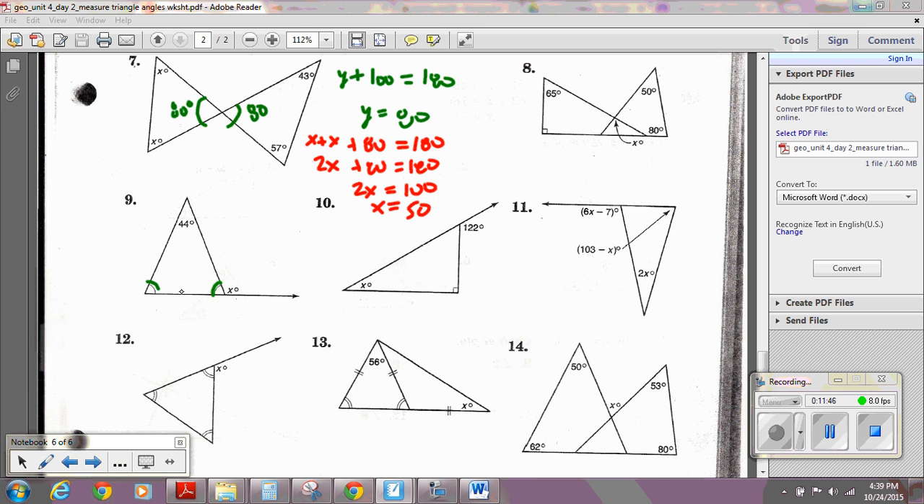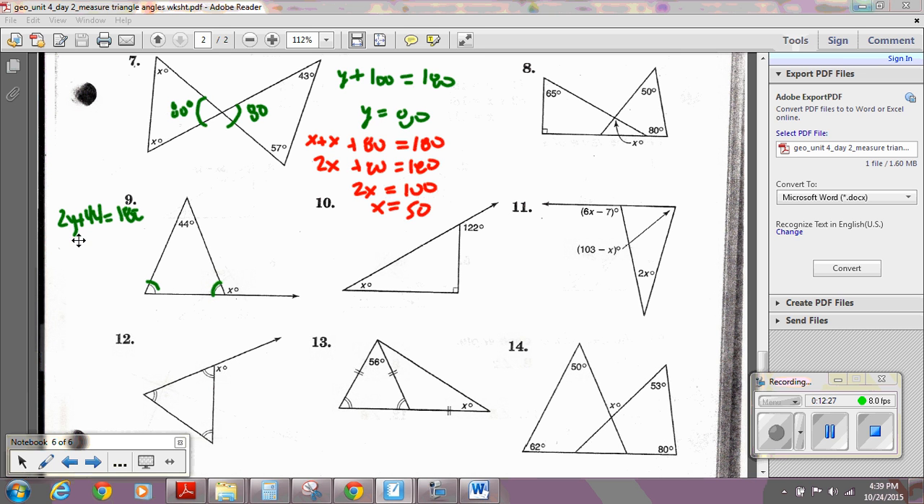So we know that these two will equal this one, but we need to know what this one is first. All right. We know that, let's call them y again. So we know that there's two y's and then a 44, right? So 2y plus 44 is 180,